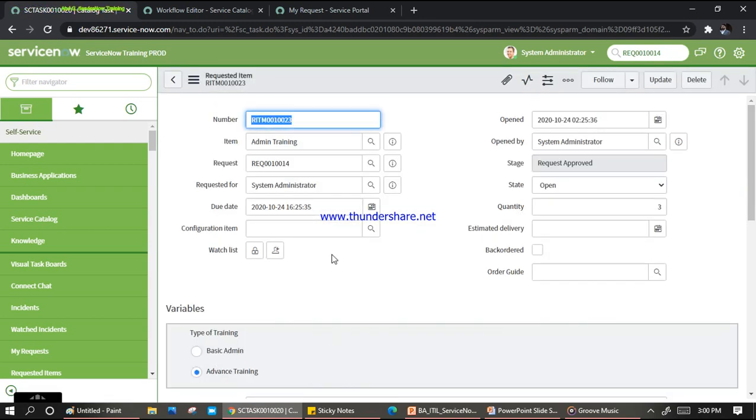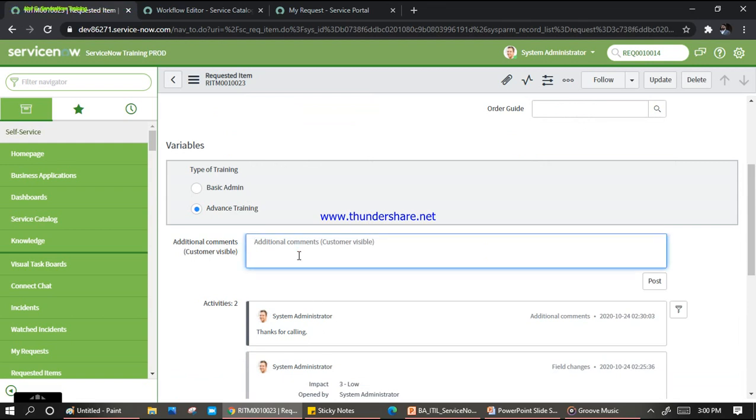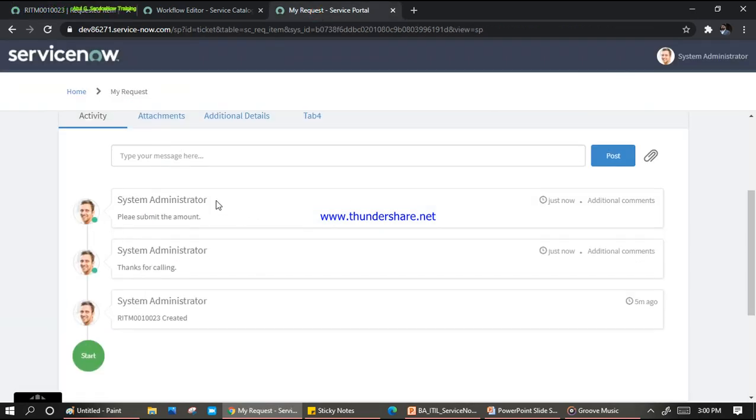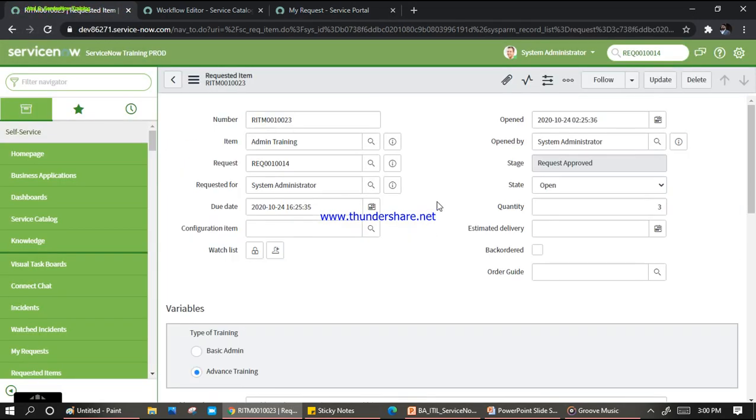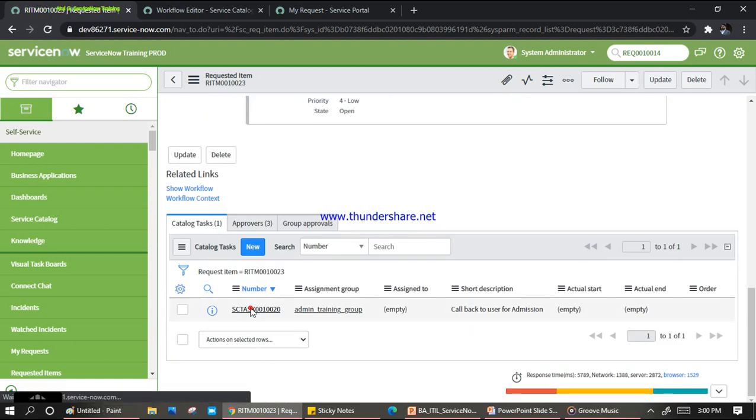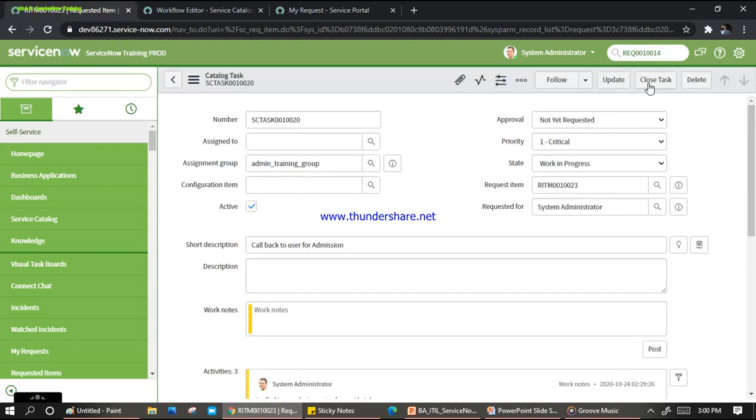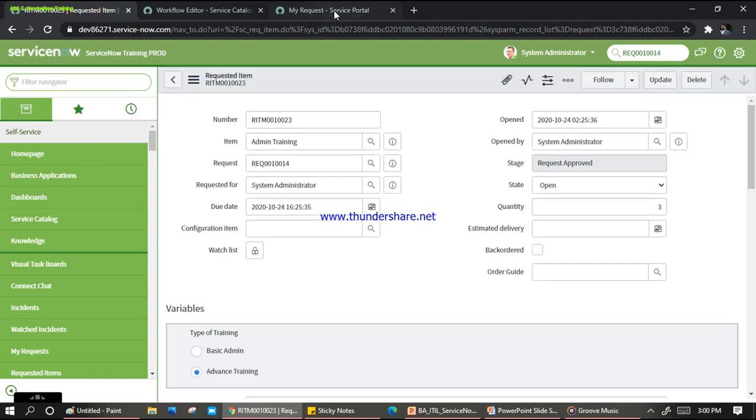See, please submit the amount, and post. Because I log in from both sides, I am the only person working. So now let's see what this person will do. It will go here, click on the request, mark as closed, task complete, and here you can go.